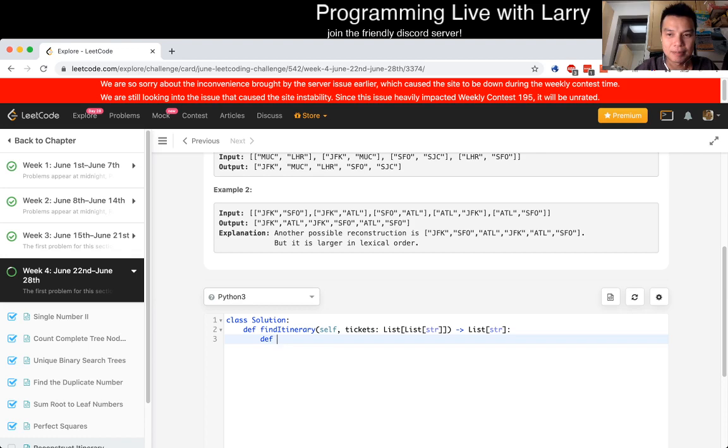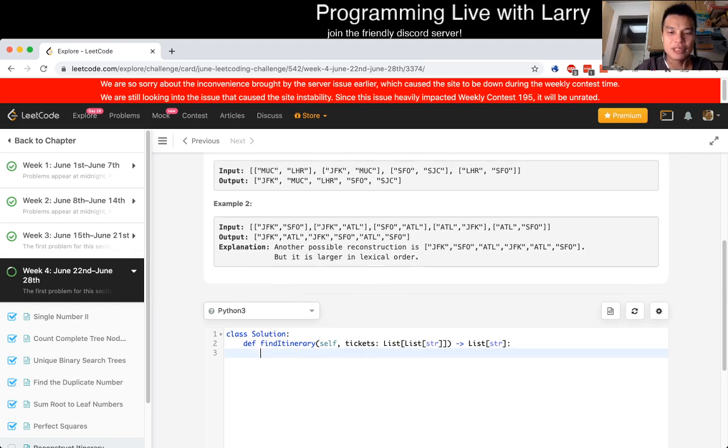But let's go through the tickets first, right? So let's have two arrays, and by arrays I mean hash tables, because I'm a little lazy. I like it this way a little bit more. I don't need extra stuff. So now I'm just setting up the in degrees and the out degrees of the tickets.